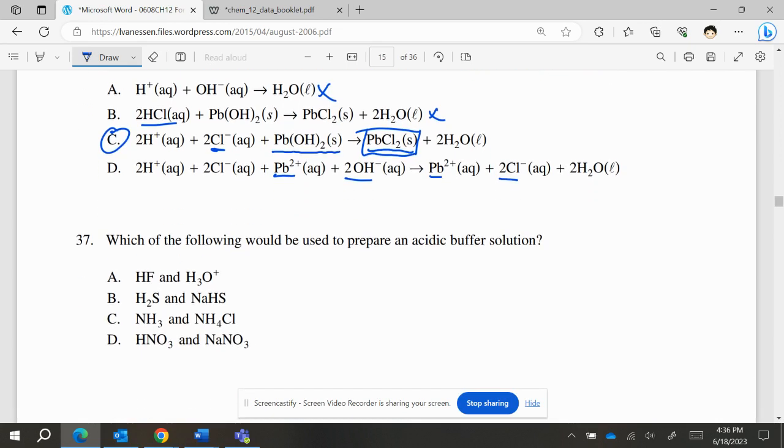Which of the following would be used to prepare an acidic buffer? So an acidic buffer is a conjugate acid, conjugate base pair. So the conjugate base of HF is F minus. That can't be it. H2S and HS, Na is a spectator. These ones are conjugates. NH3, NH4,